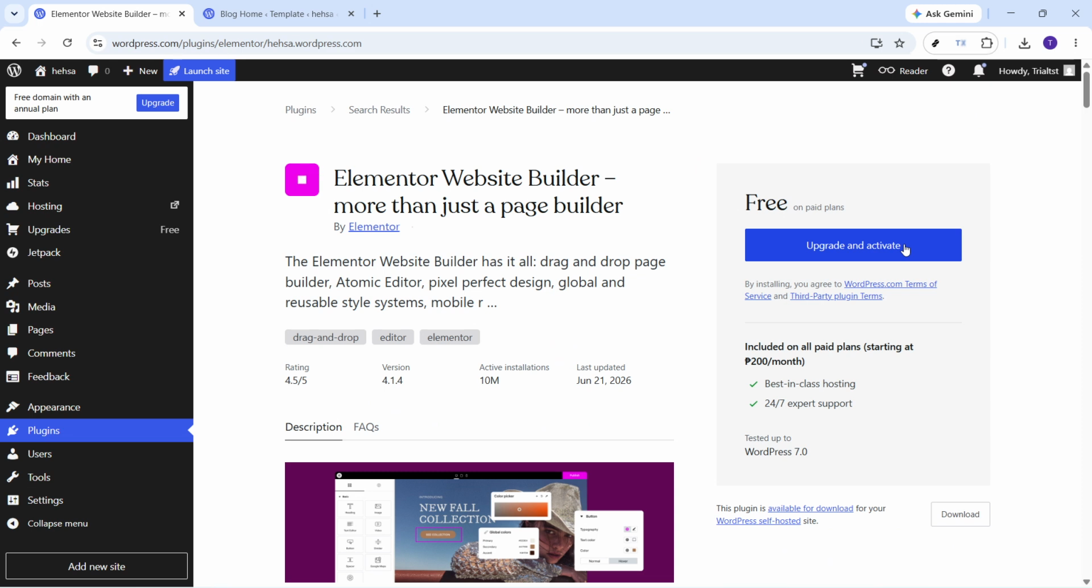Depending on your plan and current setup, WordPress.com may process this immediately, or it may prompt you to review your plan options first. If you don't already have a plan that supports plugins, or if you're not on a paid plan, you may see a message letting you know that plugin access requires an upgrade. In that case, you'll need to choose a plan that includes plugin installation before you can continue with Elementor. This is a WordPress.com requirement, not an Elementor issue, so keep that in mind if the activation button doesn't work